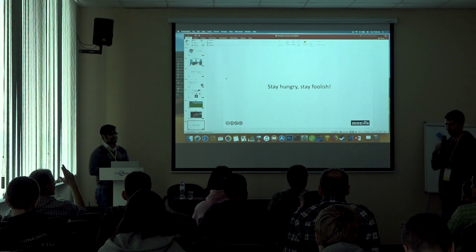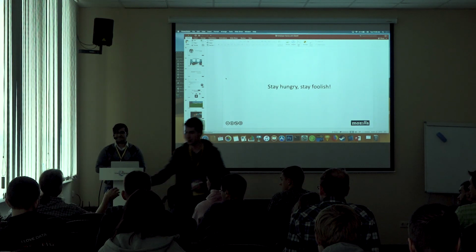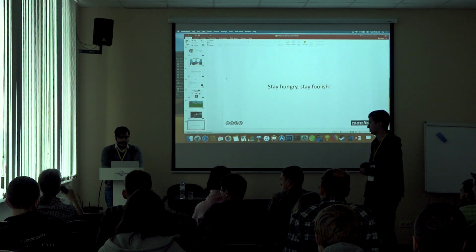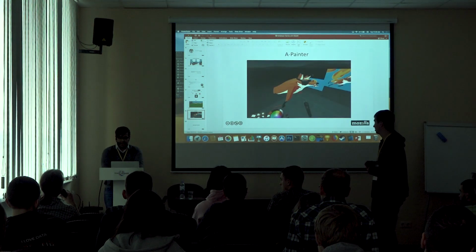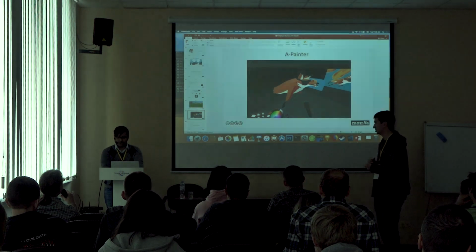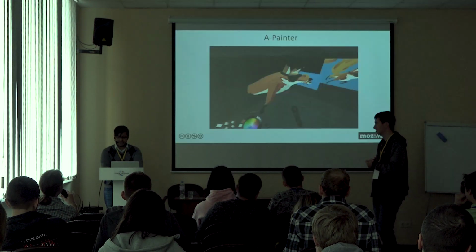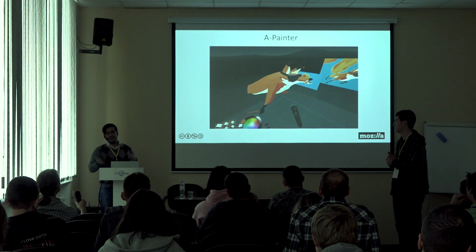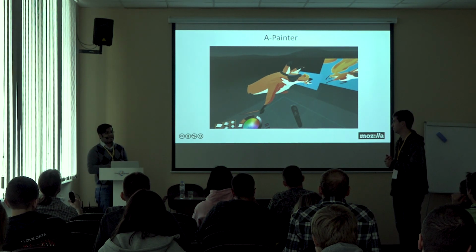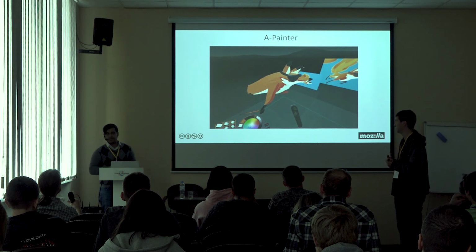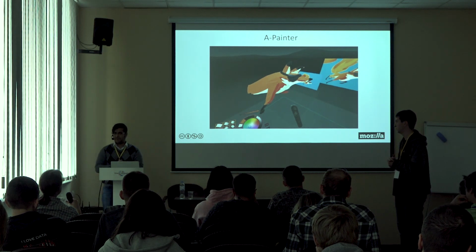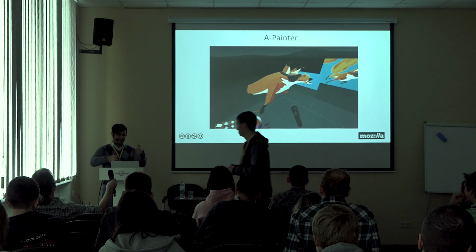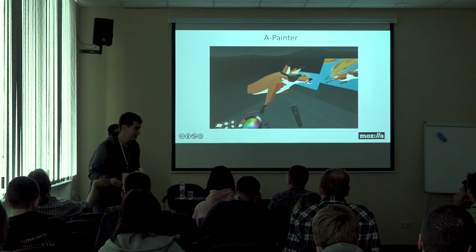Okay. Just a quick question. What was the name of the 3D painting? One slide before, I didn't see the name on it. So in HTC Vive, it's called Google Tilt Brush. And this demo, you can run it in the browser and you don't need any installations. This one is called A-Painter. You can find it on A-Frame's website at aframe.io. You can try it now. We need controllers for painting.